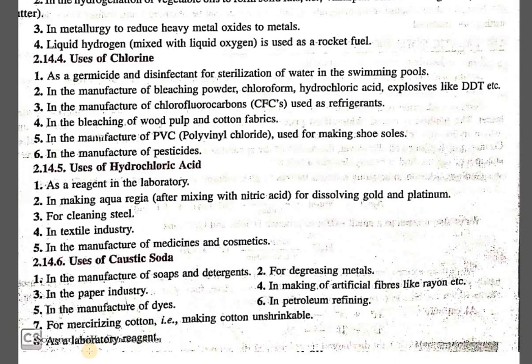So these are a few of the uses of the different products which we are getting from the chloralkali process. And I hope you all would be able to remember the apparatus which is given over here. It is the Castner-Kellner cell. The process is the chloralkali process because chlorine and one of the alkalis are being produced here, and ultimately we find the formation of caustic soda with the help of brine solution, which is the concentrated aqueous solution of sodium chloride.